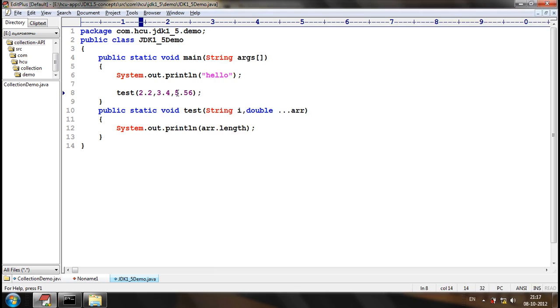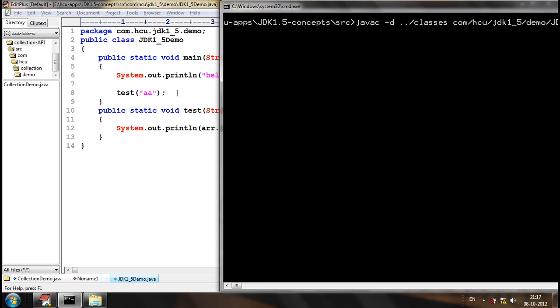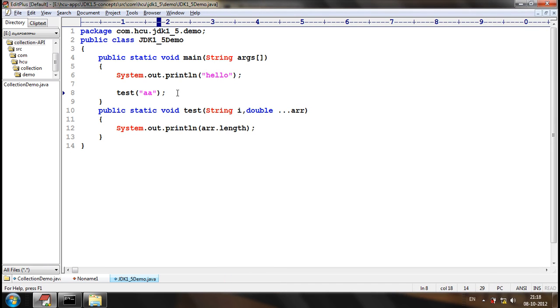If you pass the fixed argument and ignore the variable arguments, will it give a compile time error? No. We can pass 0 to n number of variable arguments. Understood? That's how the variable arguments work.